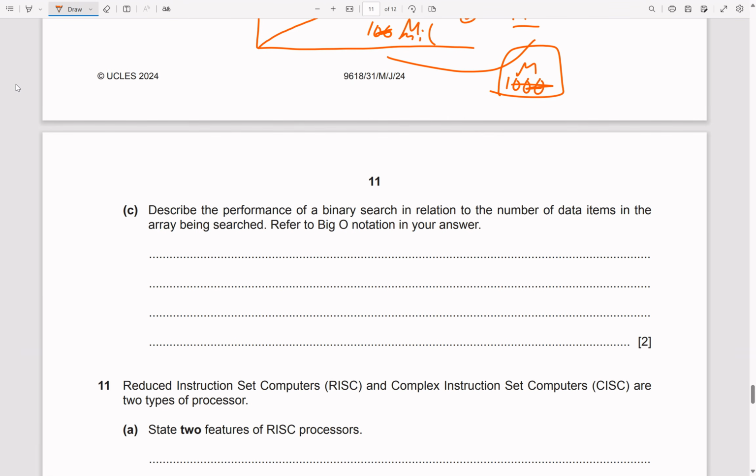So let's try and mention that. We say, as the number of data items increases linearly,